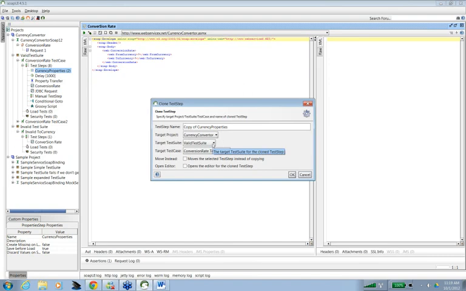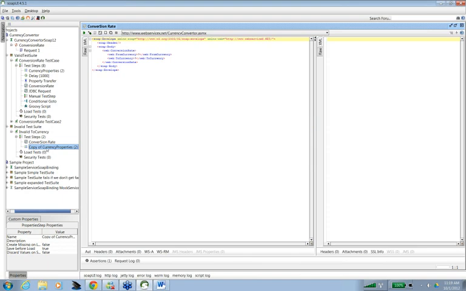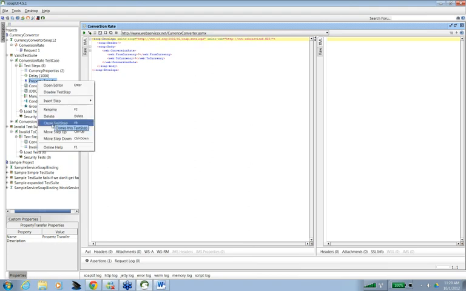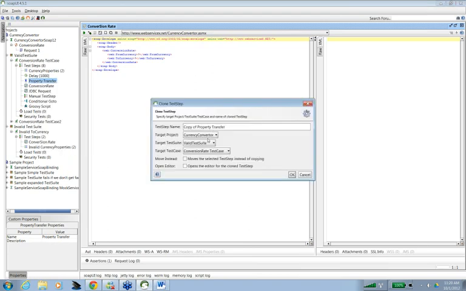So target will be this, and the test suite, test case is this one. And okay, so you can see here the copy of currency. You can rename it. So I would write the invalid currency properties. And now I want to clone this property transfer. So again I can say clone test step, and target will be invalid, and press OK.